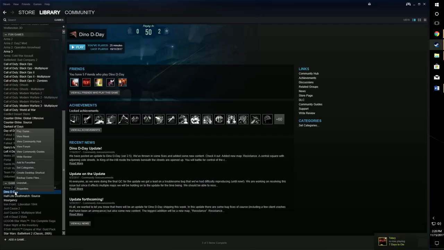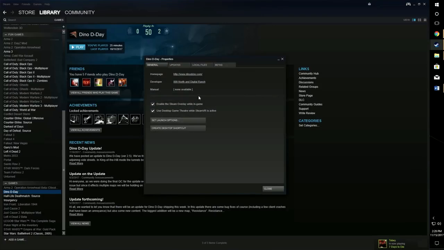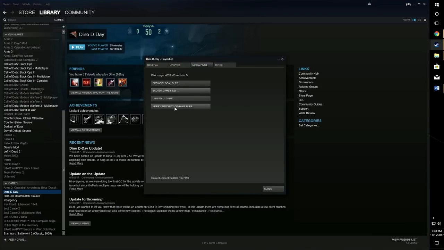Go to your game, right-click the title. We are in the Steam library. You can just look up there. You want to go to Properties, Local Files, Verify Integrity of Game Files, like this. It may take a minute, it may be instantaneous, and when it's done, it will either tell you all files successfully validated, or it will give you a number of how many missing or corrupted files it found, and that